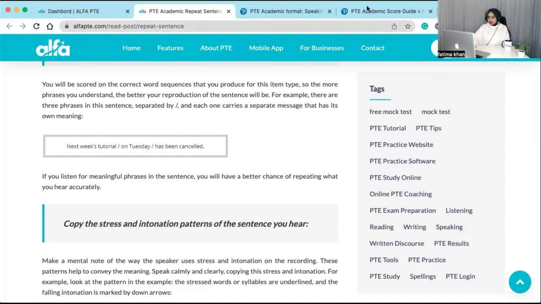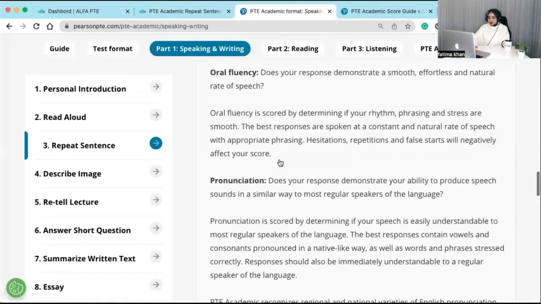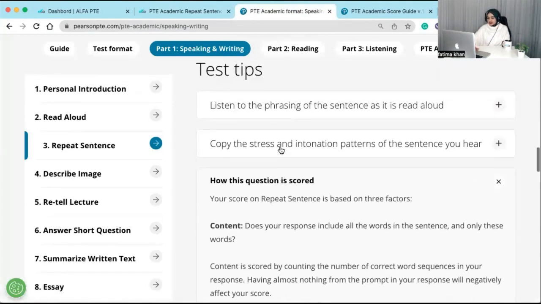Before going to more details, I would like to take you to the official PTE website and see what, according to them, is expected out of you. And then I'm going to talk about our experiments and what we have realized from our experiments. So according to the official PTE website,